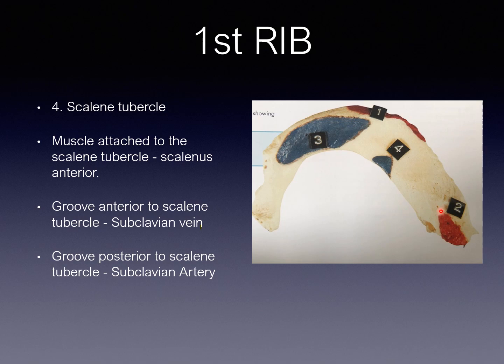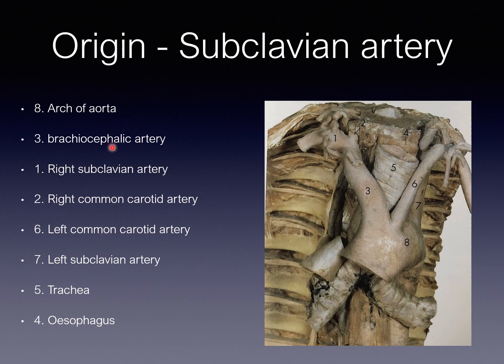So this is about the rib. Number 3, origin of the subclavian artery. Look at this, a lovely cadaveric picture of the subclavian artery. So this is the arch of aorta, 8, and then here you will be having the brachiocephalic trunk, and this brachiocephalic trunk divides into right subclavian and right common carotid. Here is the left subclavian, 6, and the next one, sorry, common carotid, 6 is the left common carotid, and the 7th is the left subclavian. Look at this. So this is the important one.